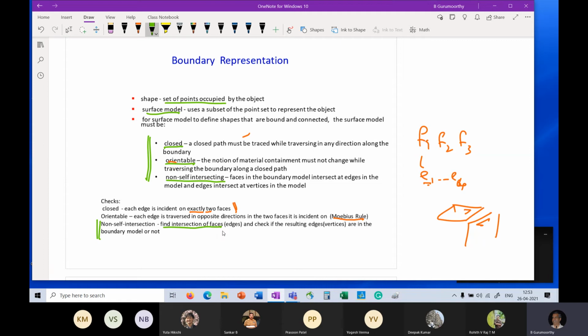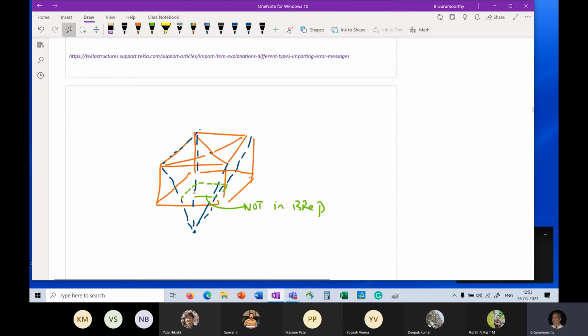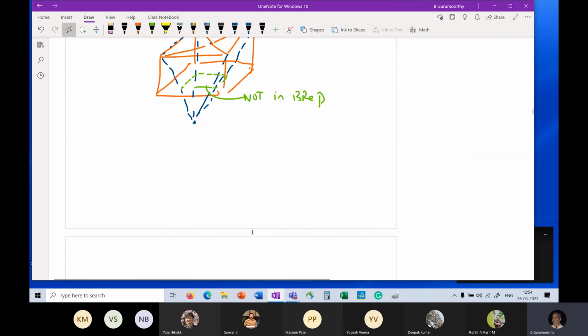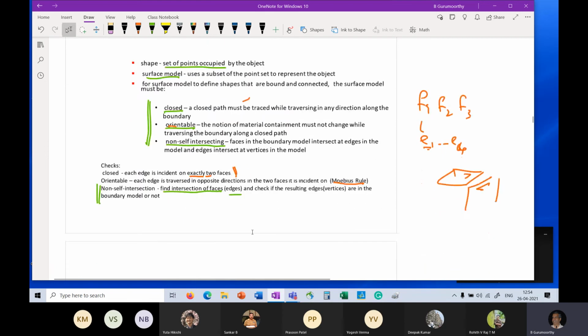We can do intersections, but nevertheless, doing exact arithmetic and then comparing that the 2 edges are identical is not straightforward. It's a lot of work. You have to find this edge and then compare it with every edge in the object and see if it matches any of them, and then conclude that it is not self-intersecting. And so for complex objects, this becomes a problem.